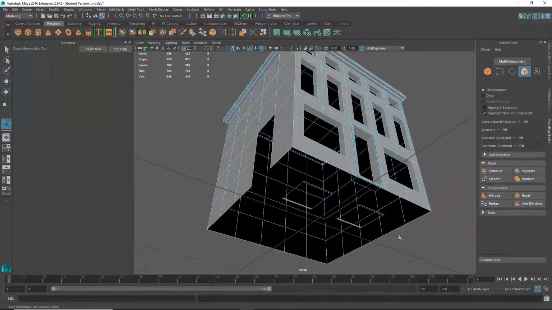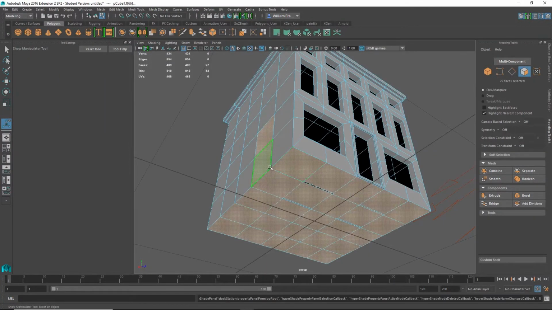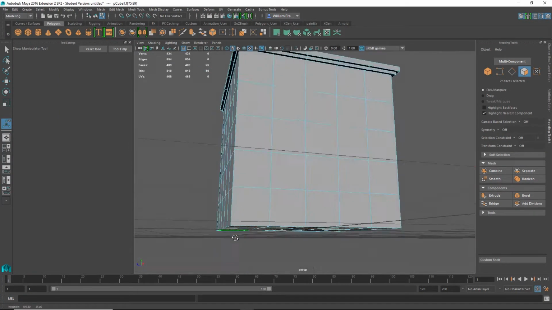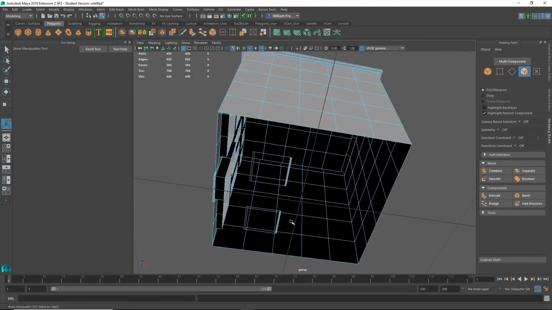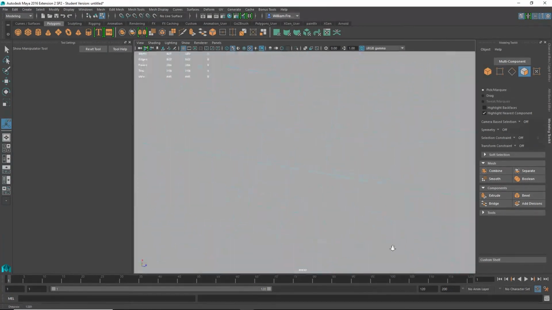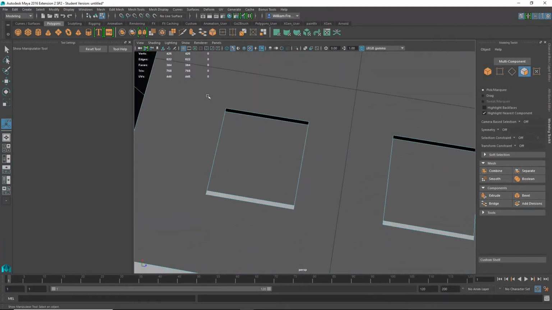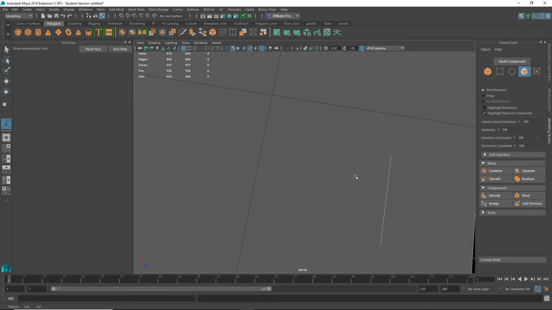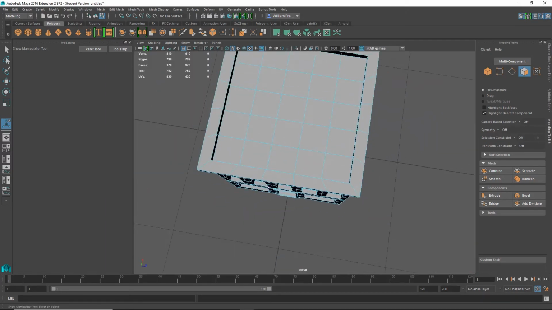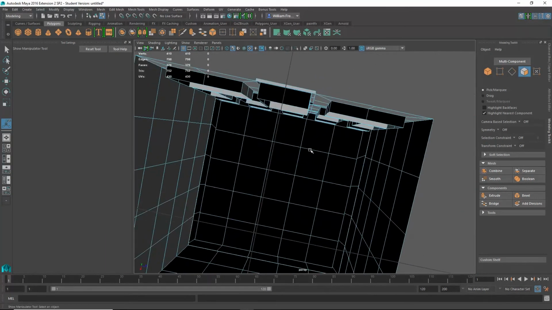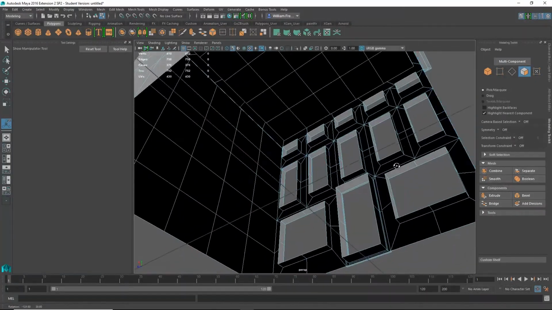So now, oops, again, I accidentally deleted the side here. Yeah, delete. And then let me go in and delete these. All right, now we have this hollow building